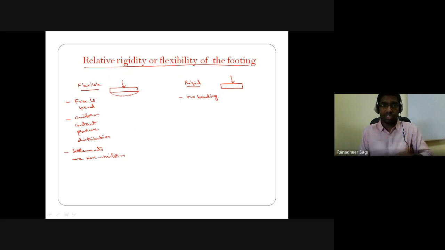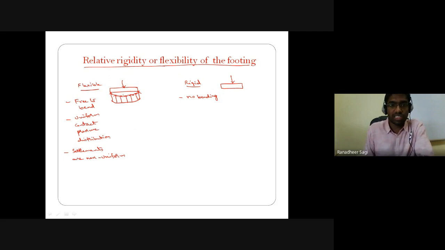In some other type of soil the maximum settlement is going to be at the center. Okay, so here this non-uniform nature of what we are indicating is representing a non-uniform settlement, what is going to be happening in this flexible footing. And when it comes to your contact pressure distribution, as we said, the contact pressure distribution is going to be uniform. So that intensity of pressure at that so-called contact pressure, what is getting developed at the contact of your soil and the footing, so that intensity of pressure what gets developed is going to be same throughout.